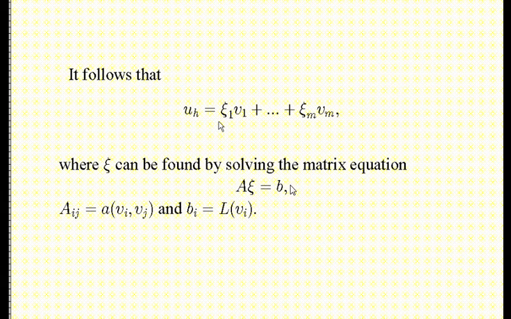And this b vector has components bi equal to L of vi. So when we compute all this, we are able to find the solution of the finite element problem. So these are the main points in the modern theory of partial differential equations in this